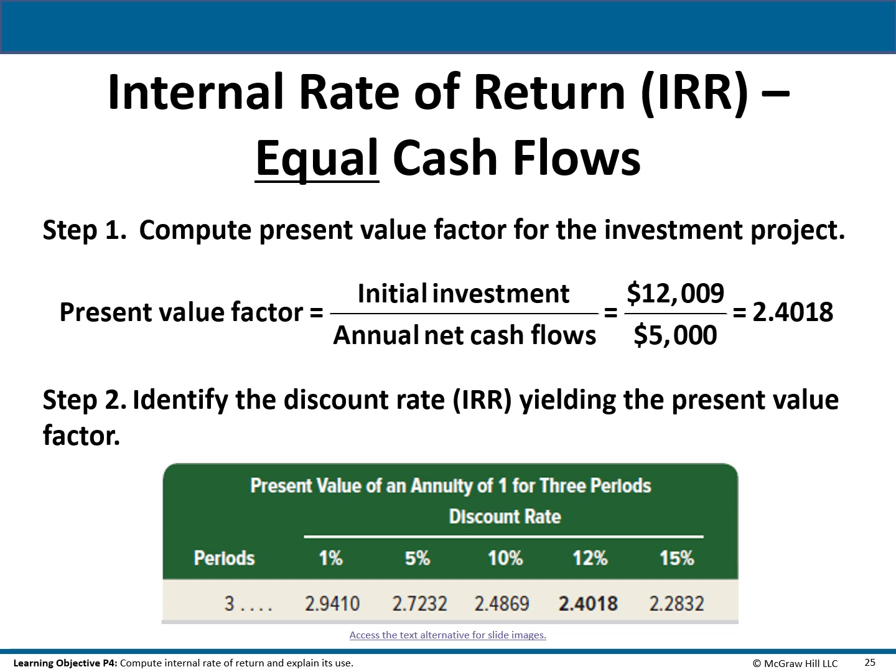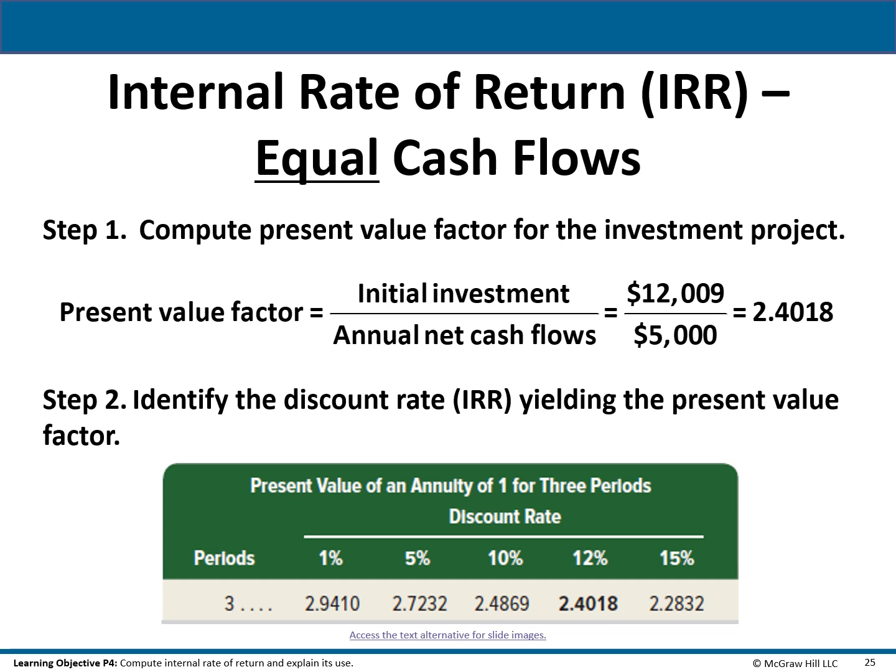This is the initial investment divided by the annual net cash flows. So in our case, we have $12,009 divided by $5,000, or 2.4018. So now that we have our present value factor, step 2 is to identify the discount rate yielding that present value factor. So if we search in table B3, which is partially shown on the slide, for a present value factor of 2.4018 in the 3-year row,